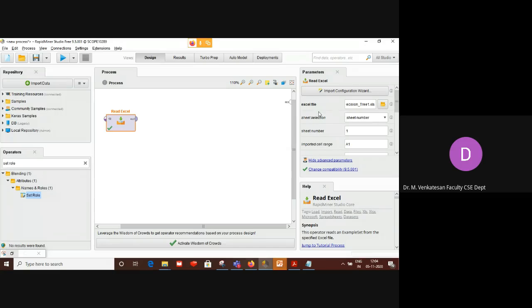Now you can see this is the parameter window for read Excel, right hand side. Earlier we directly browsed that file, but whenever you are trying to use supervised learning or you want to read the data properly, use the import configuration wizard. Are you able to see that import configuration wizard? You click this.